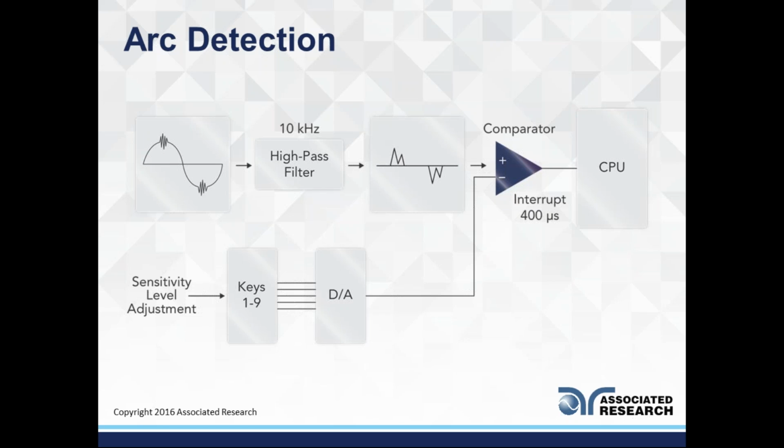Is my insulation getting weaker because the arc is getting higher? Or if I run this test 10 times, is the sensitivity the same? You know, so I can set my sensitivity level to 5. If it's not going off, if I'm getting this corona and I'm getting these arcs, but the comparator, I'm sorry, is not